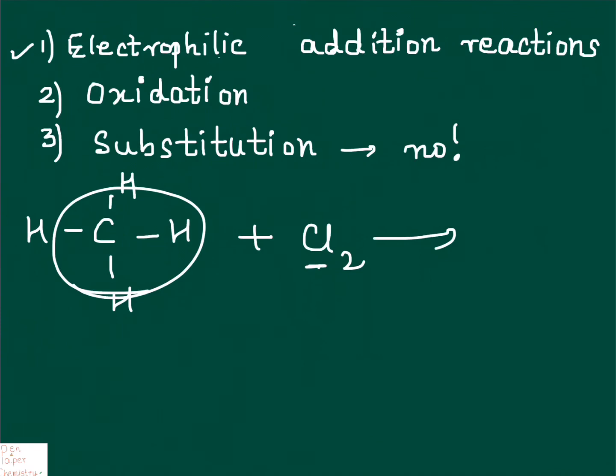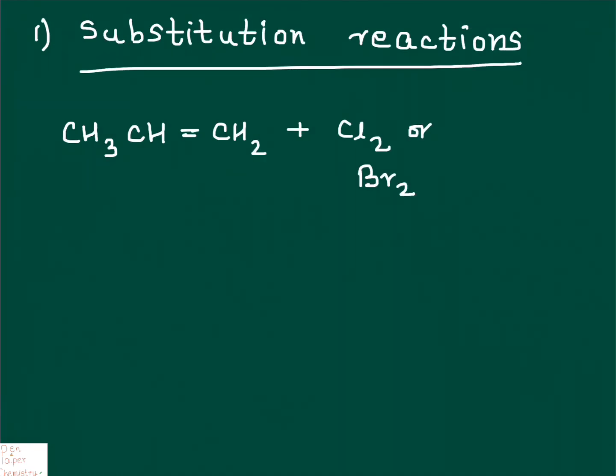So, if there is a stronger reagent, it will come and start pushing out the atoms, and that is what we did in the properties of alkanes. So, would you like to know about the substitution reactions first or the electrophilic reactions? Let's see. I thought let me just build on what you already know from alkanes. Substitution reactions, when one atom or group is replaced by another atom or group.